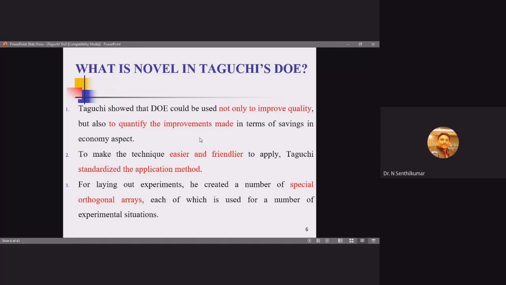So for the combination of experiments, depending upon the input parameters that we have selected, Taguchi has designed some special orthogonal arrays. It is also different for different conditions, based upon the number of input variables. If I am going to consider only the main effects, fine. And if I want the interaction effects to be also considered, then we have to go with higher order orthogonal arrays.